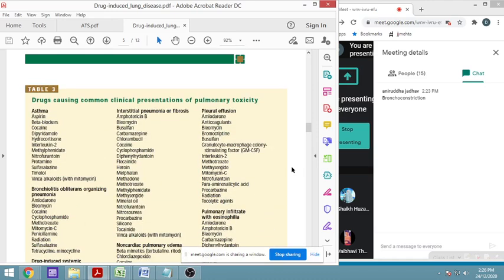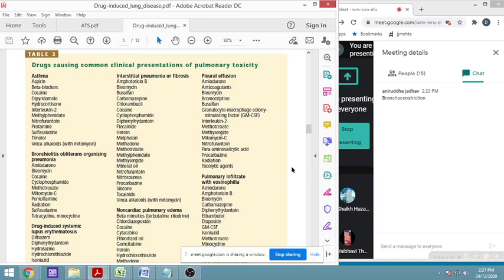Then various radiations. The drugs which are causing interstitial pneumonia or fibrosis, examples are amphotericin B, bleomycin, busulfan, carbamazepine, chlorambucil, cocaine, cyclophosphamide, diphenhydramine, flecainide, heroin, melphalan, methadone, methotrexate, methylphenidate, methysergide, mineral oil, nitrofurantoin, nitrosourea, procarbazine, silicone, tocainide, and